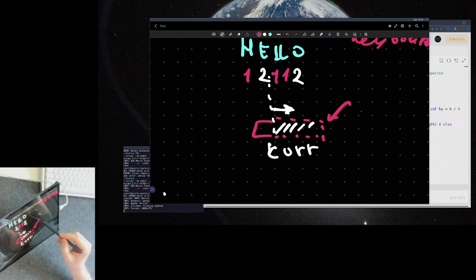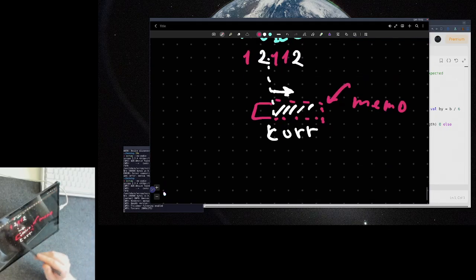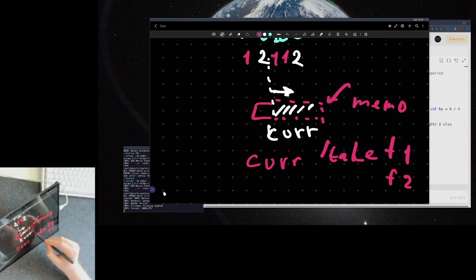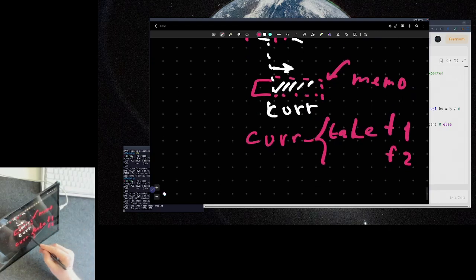This is a cached or memoized suffix, and the current would be some search. Take finger 1 or finger 2. This is a search,